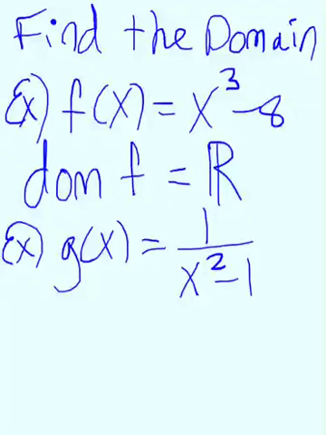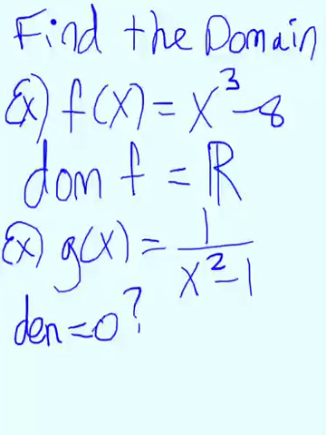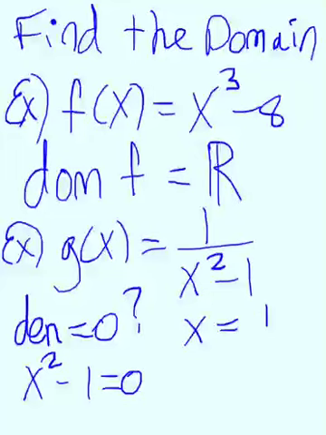So we can go in here and say, okay, when is that denominator 0? And we can solve that equation. That leads us to two values. Both positive and negative 1 would make that denominator 0. And since they would make that denominator 0, we state for our domain of the function g,